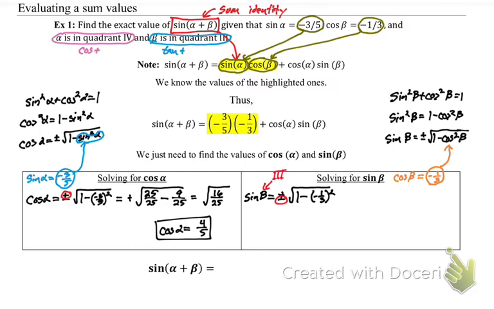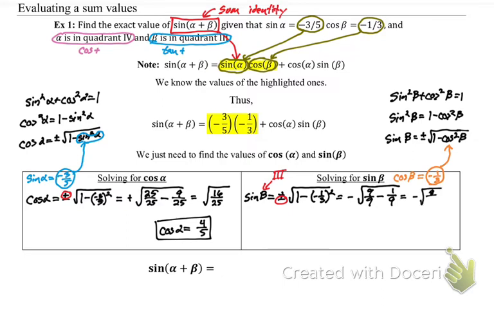Okay. So that's going to equal a negative square root. I'm going to skip the 1. I'm going to square that negative 1/3, which would be 1/9. So I can change the 1 into 9/9. Nine minus 1, that's 8/9. So we're going to have this equals a negative